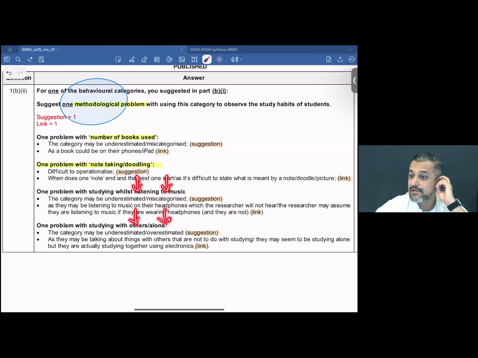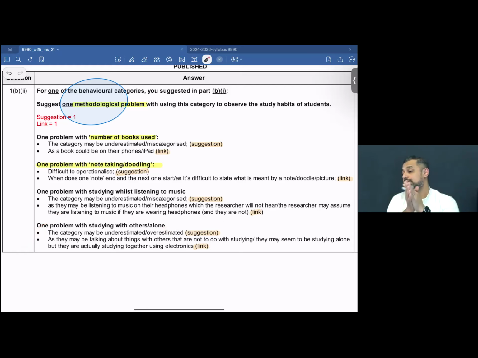You might end up underestimating or you might end up overestimating. For instance, there are two friends, they have their books open right in front of them, and they've left you under the impression that they're studying. What if they're not? You might end up overestimating this. You might end up noting that they studied for 30 minutes, whereas in reality, they just studied for 3 minutes, and the rest 27 minutes they were talking about things from here, there, and everywhere. So there's a possibility you might overestimate or you might underestimate, right?